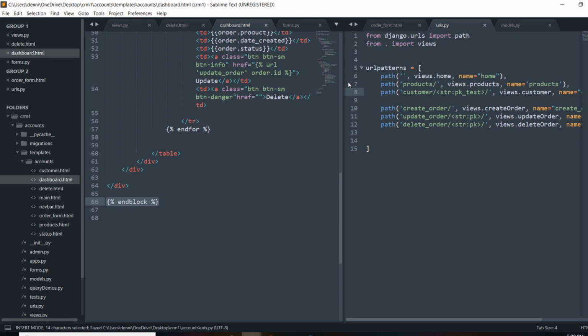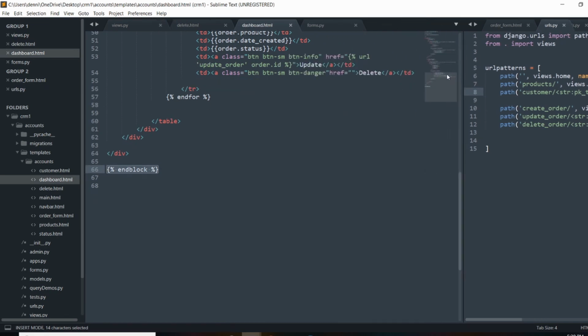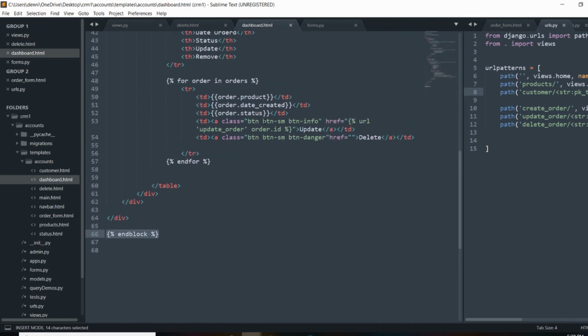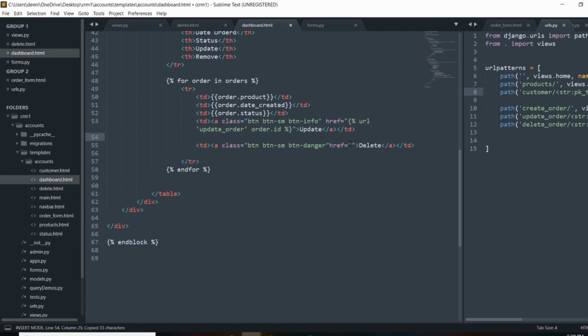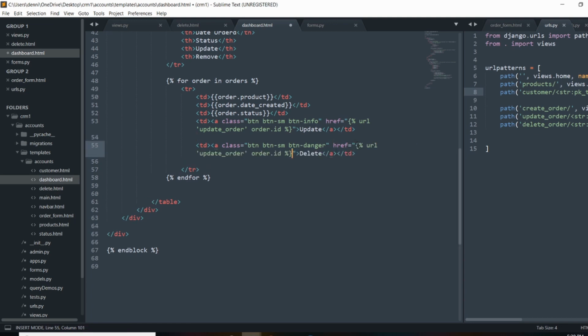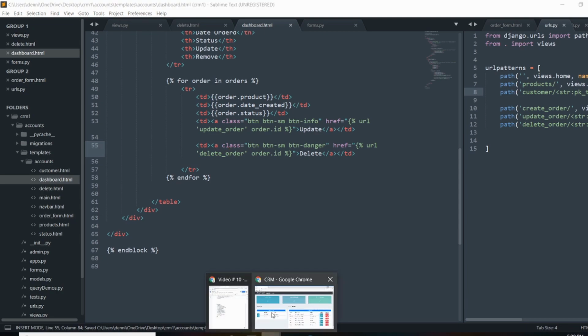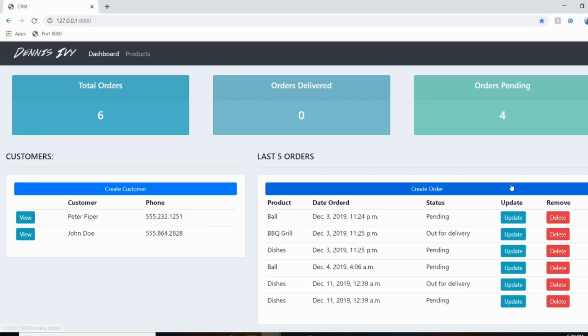So in our loop here, we have our update button, and I'm just going to copy this and create some spacing here. And in this link, we're going to throw in delete. So we'll just change this to delete, and we're passing in the ID there. So that's delete. Okay, so now we can see the page. So if I refresh this, if I go and press barbecue grill,